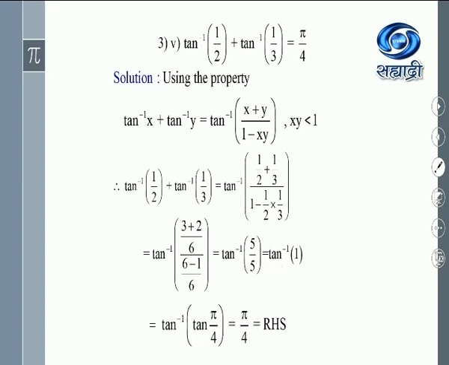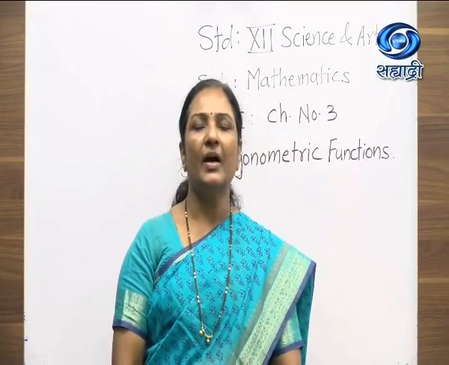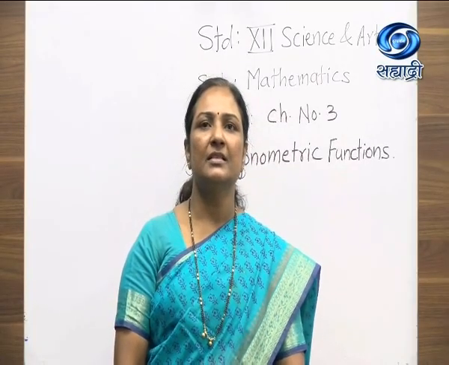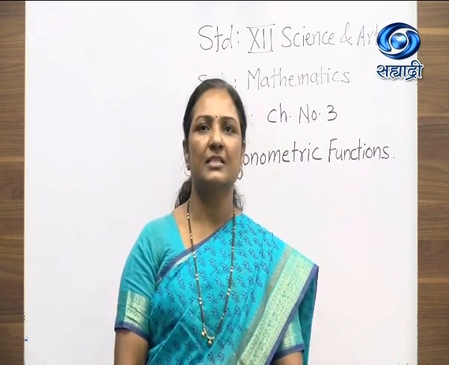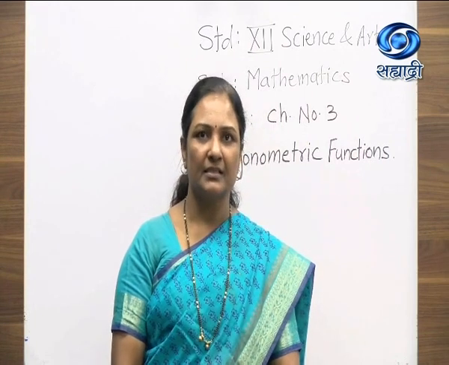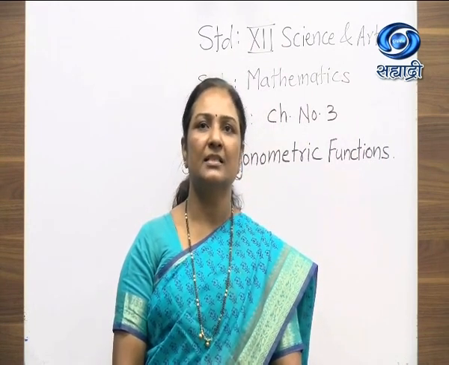And you know the value of tan inverse of 1. Either you write directly pi by 4 or you may replace 1 by tan 45 degrees, that is tan pi by 4. And again we use the property tan inverse of tan of theta is always theta. So tan inverse of tan pi by 4 is equal to pi by 4 and which is equal to RHS. Clear? I hope you have understood the method of solving the sums from exercise 3.3 using the inverse trigonometric functions, their domain, range and the properties. You do more and more practice on this. Thank you.